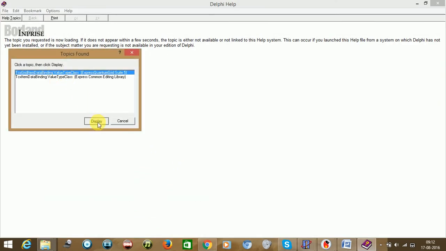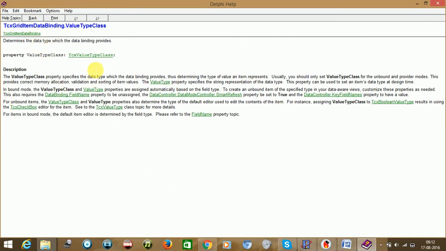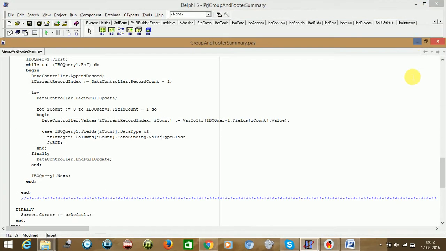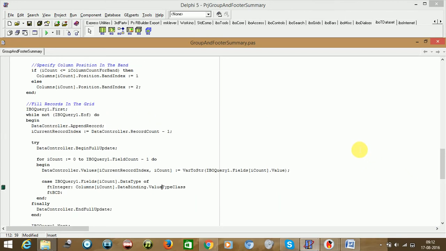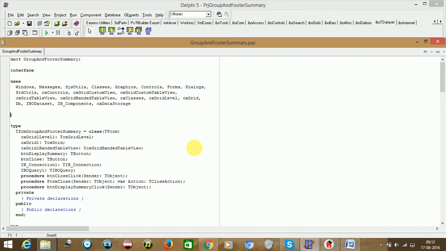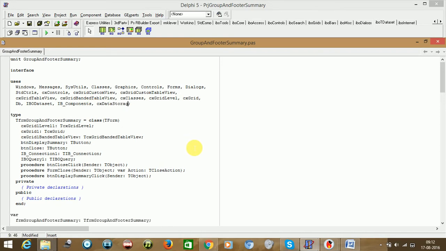So you can see here, this is a value type class, a type of TcxValueTypeClass. Click here. You need to copy this cxDataStorage, so Delphi will understand what exactly it is. It's declared inside this unit, so we need to copy that one. And just go here and specify it here. That's it.